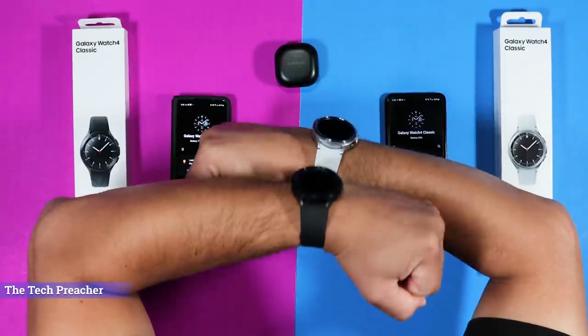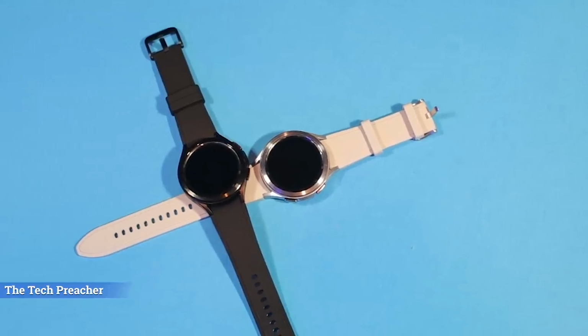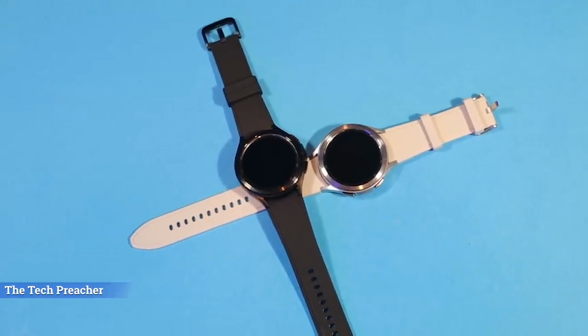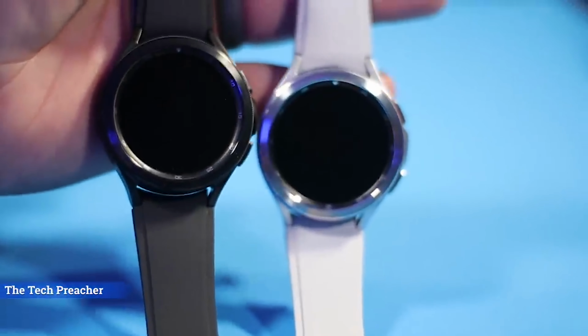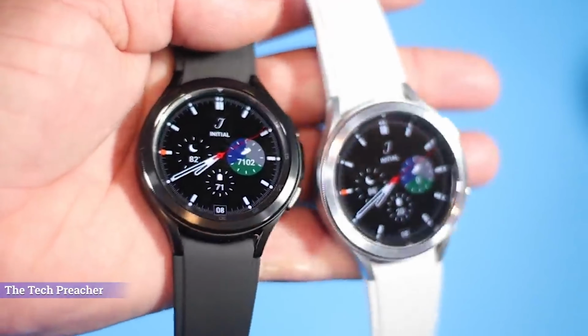So next is my smartwatches, right? I have 2 Galaxy Watch 4 Classic LTE. I have 1 black one and 1 silver one. And the reason why is because I wanted 2 colors, right? The 2 colors that I have is great for me. So when I'm at work, right, I'm always rocking a black one. But when I'm going out to happy hour, I'm rocking with the family or something like that, I'm rocking the